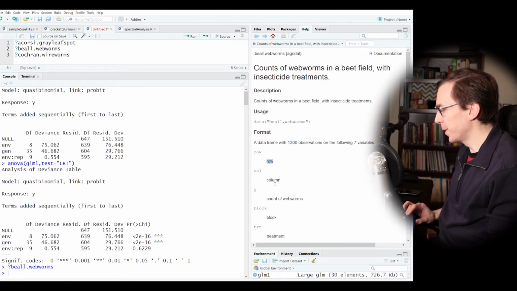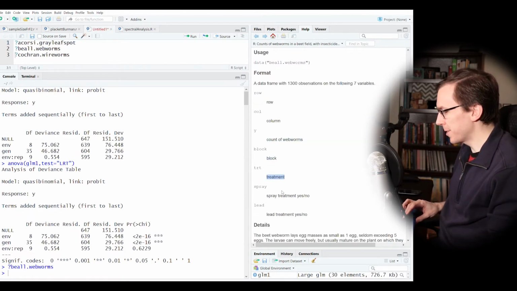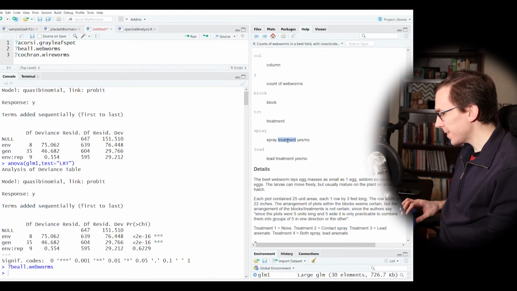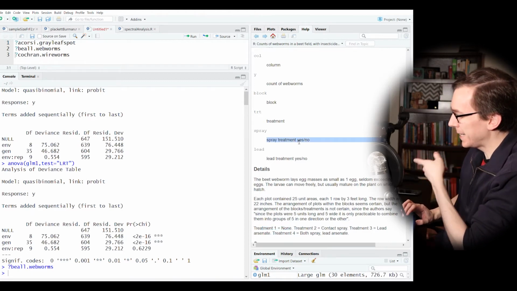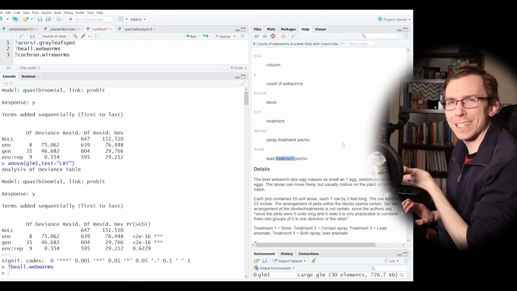In this case, we have a row and column factor, as we often do when we have agricultural experiments. Our response is a raw count now. We also have a block variable, and a treatment variable, which is a 4-level factor, but it's actually a combination of two binary factors. The first is, did you spray it with insecticide, yes or no? And the second is, did you apply lead arsenate,